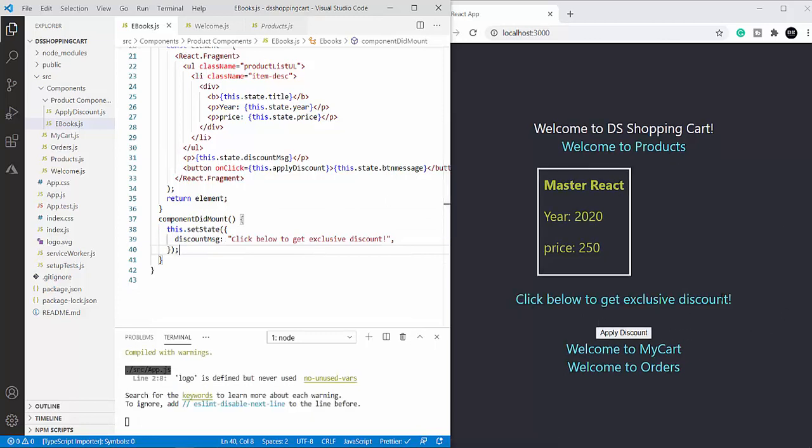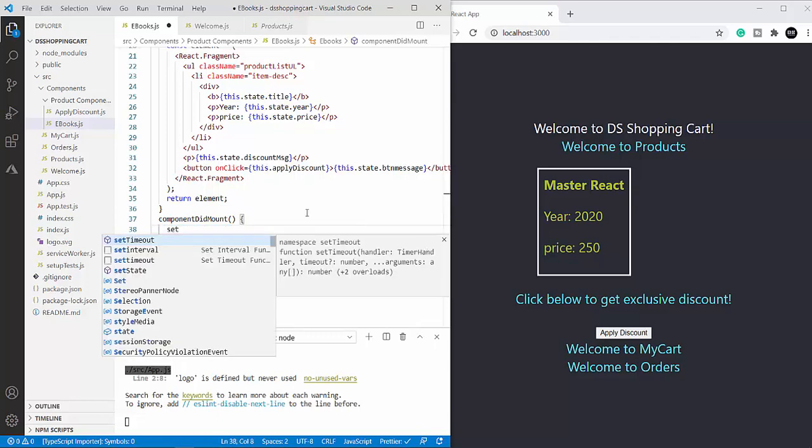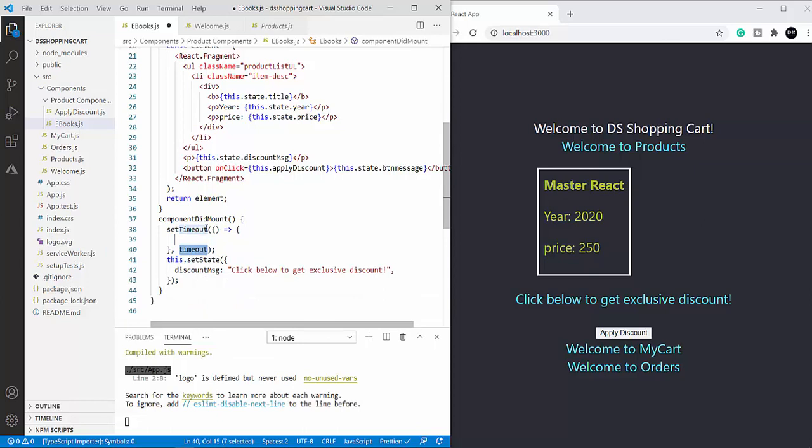So you can see it over here, but it has rendered everything so fast that it was very difficult to check whether it rendered along with the mount phase rendering or after the mount phase rendering, inside the componentDidMount method. So what we are going to do is add a delay to this setting of the state. For that you can use the setTimeout function.